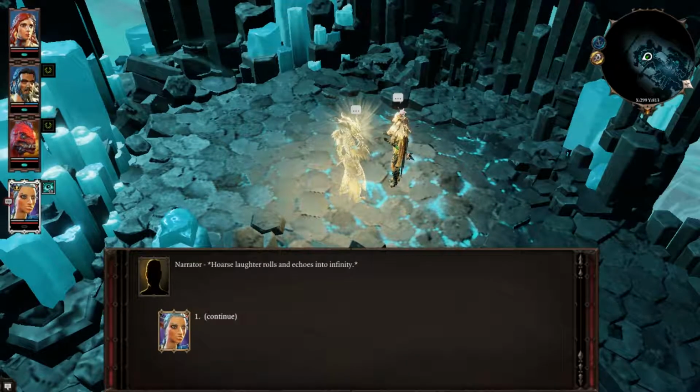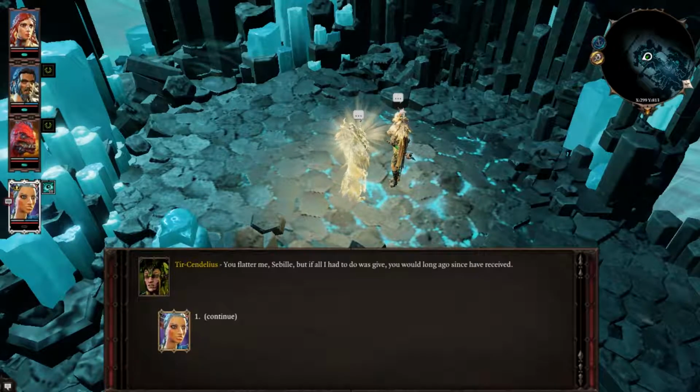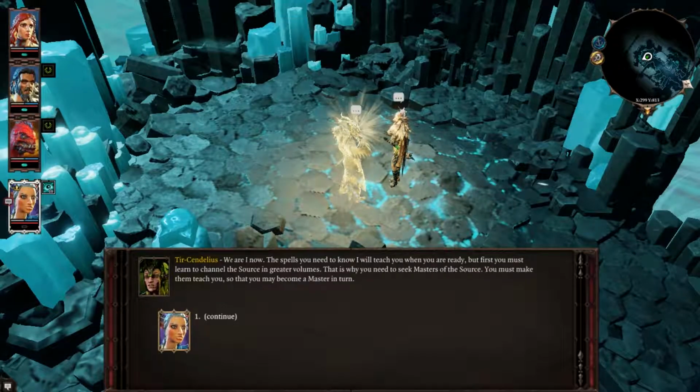Hoarse laughter rolls and echoes into infinity. You flatter me, Sabine. But if all I had to do was give, you would long ago have received. We are bound now. The spells you need to know I will teach you when you are ready. But first, you must learn to channel the Source in greater volumes. That is why you need to seek masters of the Source. You must make them teach you, so that you may become a